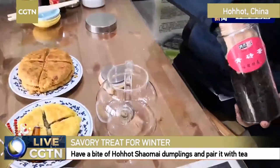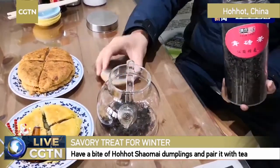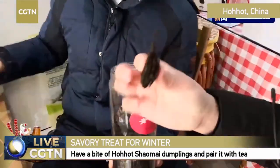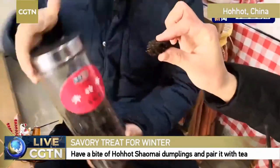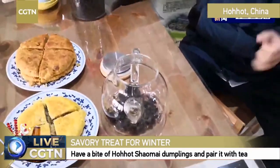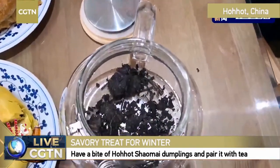So we have to drink the tea first. So this is what we call the brick tea. So brick tea, why is it called brick tea? Well, this has a lot to do with its package shape. So it's pressurized to this shape, and well, if you have a taste, it may taste very bitter, and it's quite different from those teas from China South, but